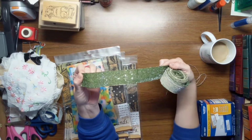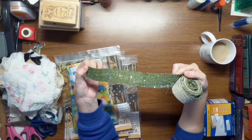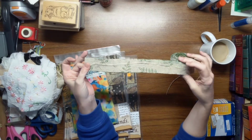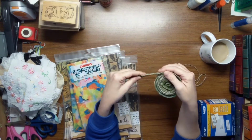Can you see all that? So you can use this on either side if you want some glitz and glam, or if you want some nature botanical. I think that is fabulous. And it's